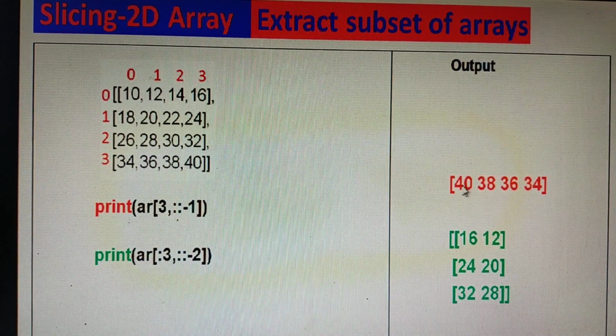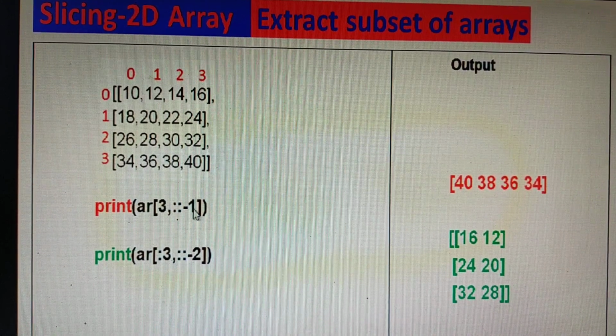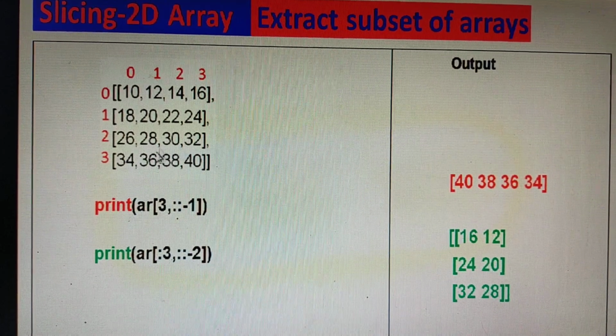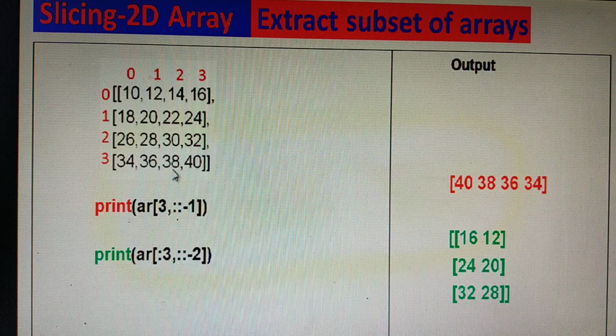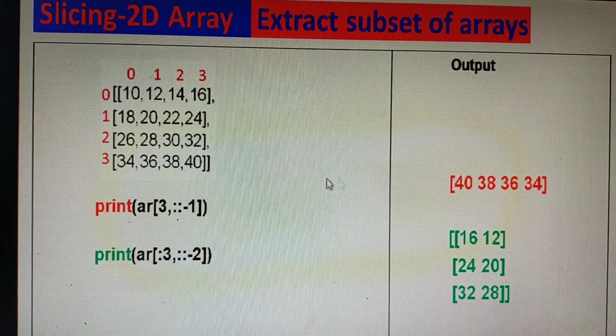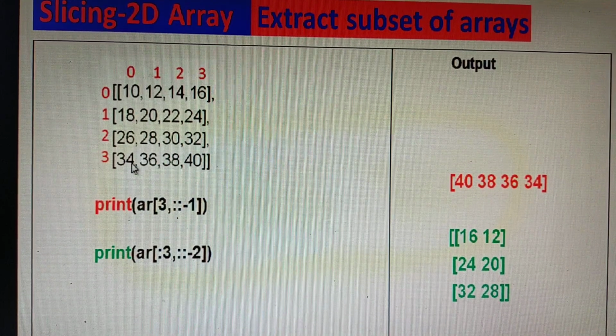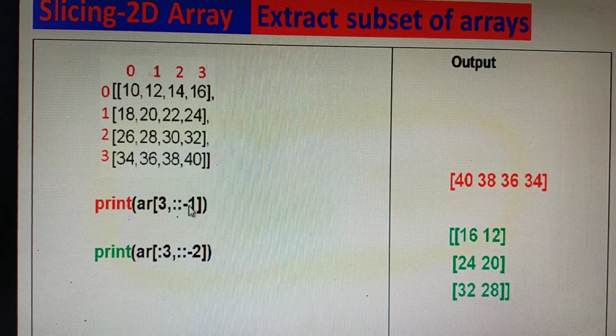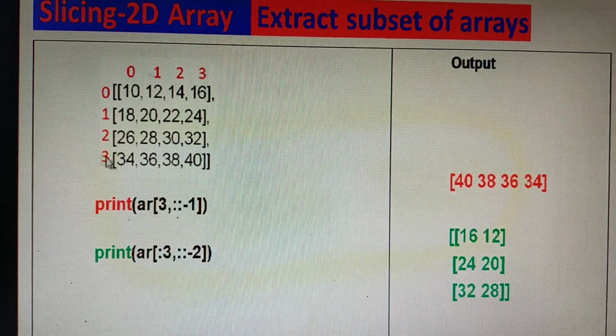Minus 1 means a step of 1 in the backward manner. That's why it starts from 40, 38, 36 and 34. So like this it is displayed. If only 1 is there, it will display in a forward manner.